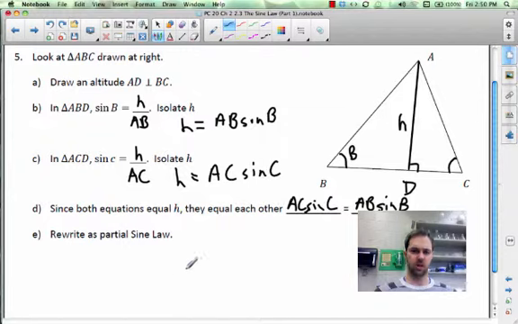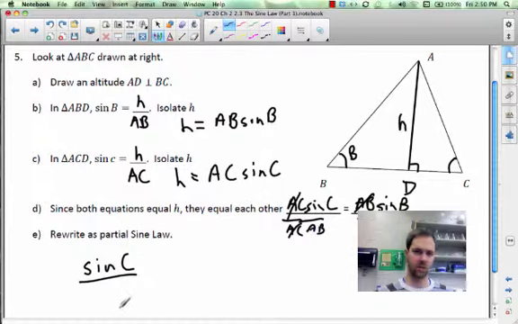Rewrite as partial sine law. Okay, so divide off AC by this side, and basically we have sine C, and then we divide both sides by AB as well. Okay, so here AB will cancel, here AC will cancel, and we're left with sine C over AB equals